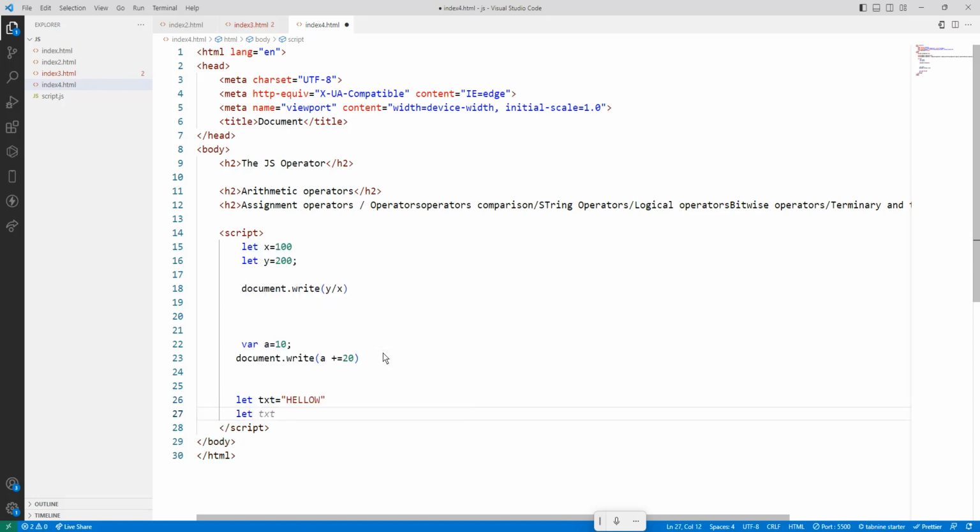Let txt1 equals to hello world. Okay, I need to compare these two strings. So what is the method? The method is a double equals to. How? If condition,